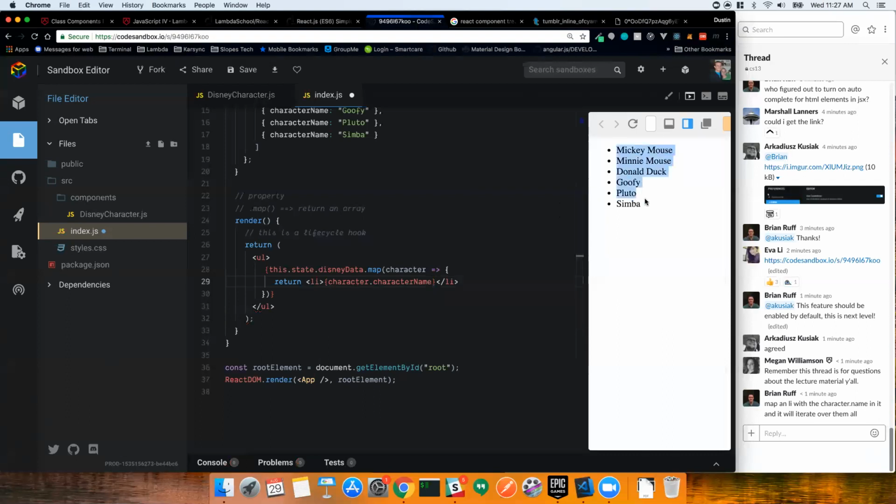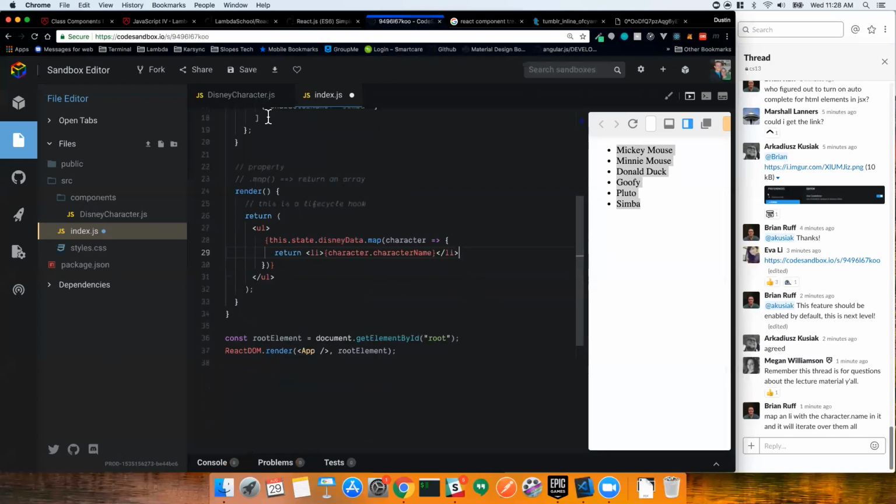And now we have a list because of this map here. We have a list of character names. Good idea, Brian. I like that a lot. To show that this can happen, we've got our Disney character